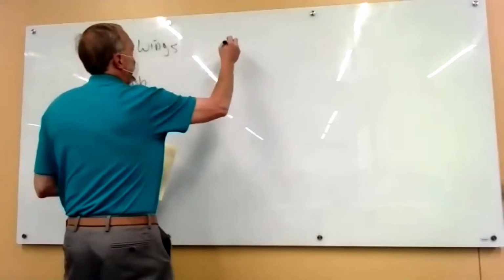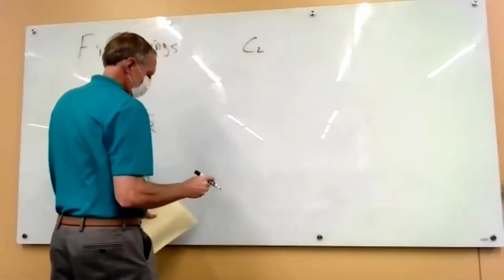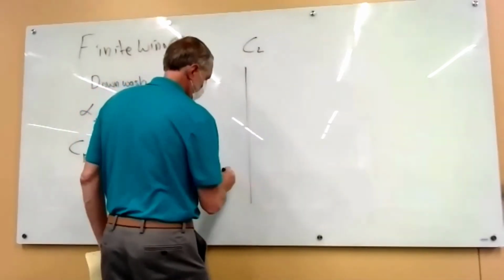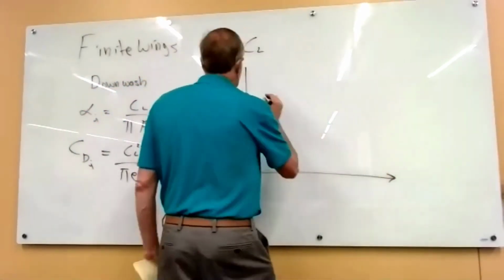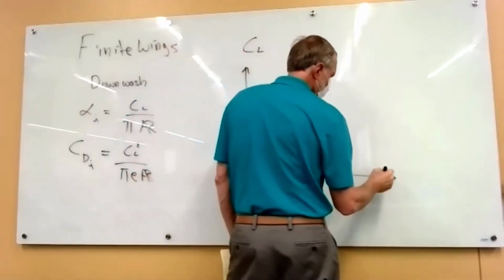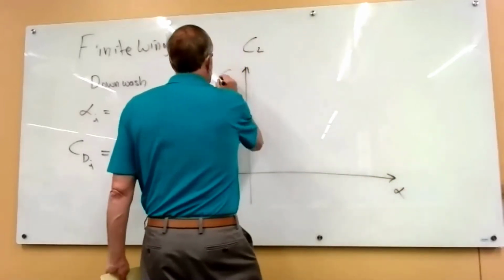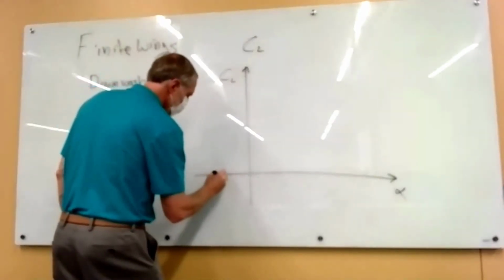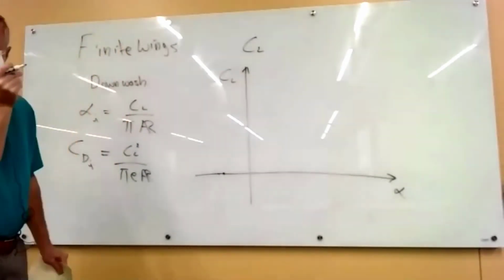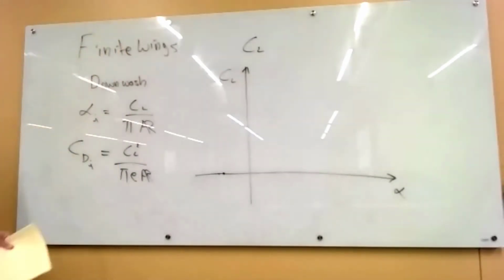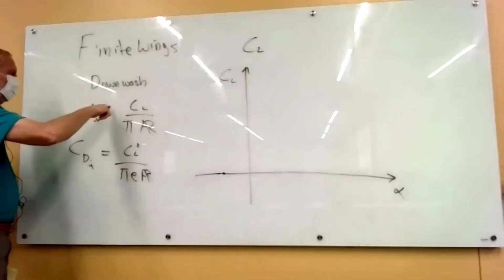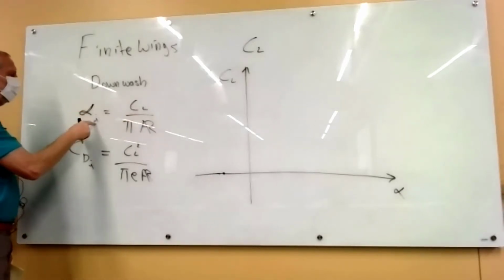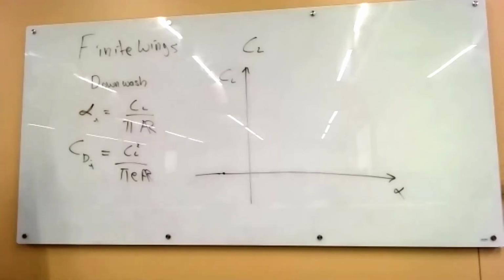So now we're going to talk about, well, how do you get CL? And the effect on CL is the higher the lift is, the more the downwash, and the more the effect on CL. So if you're down here at the x-intercept, where the lift is 0, then there is no change in the angle of attack,